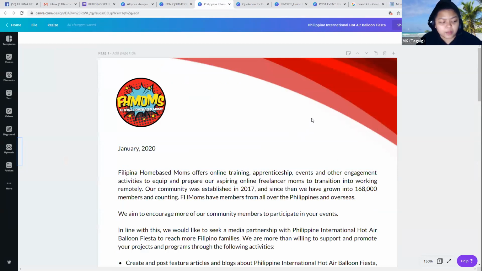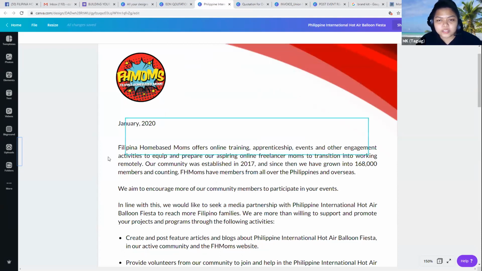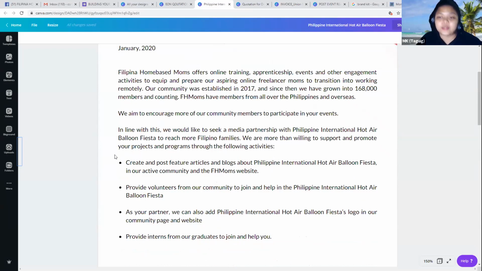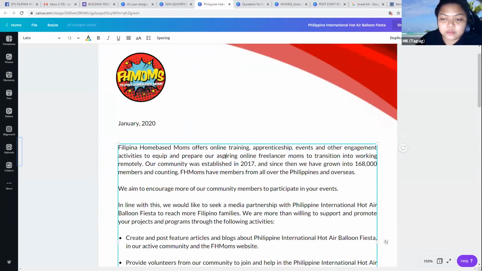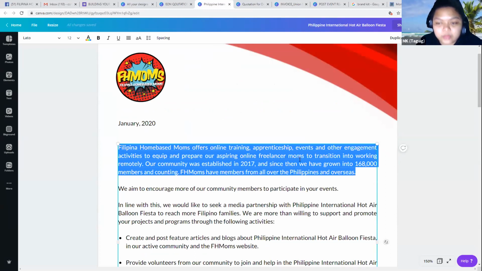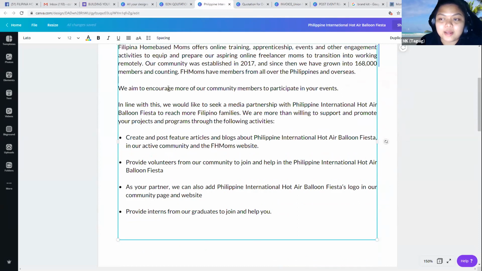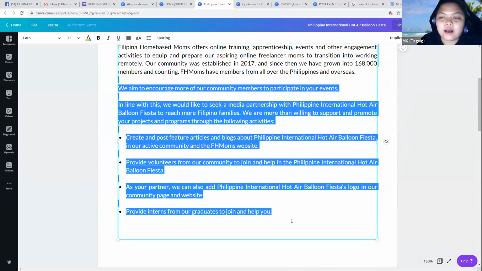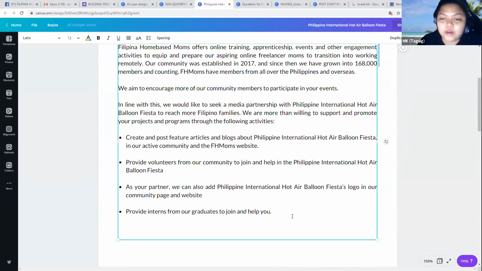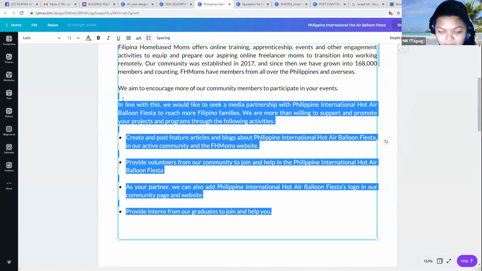Aside from this one, we also have a script for the email itself. You can review or read this and use it as a template when you make your own. But it's important, number one, to give them an overview of what you do as a community. Then, before offering them anything, offer what you can give them for free, or what you can call pro bono services.